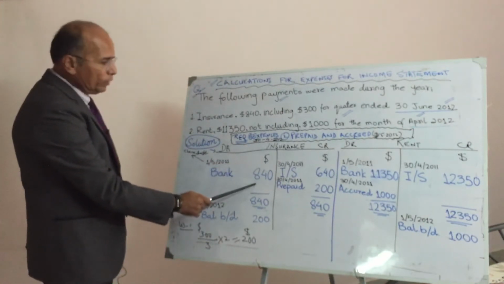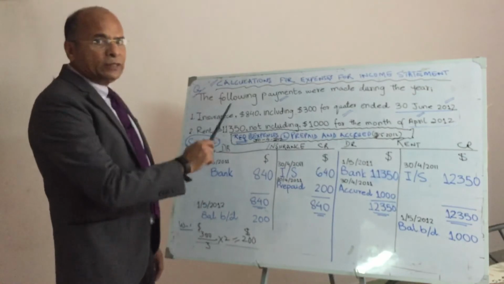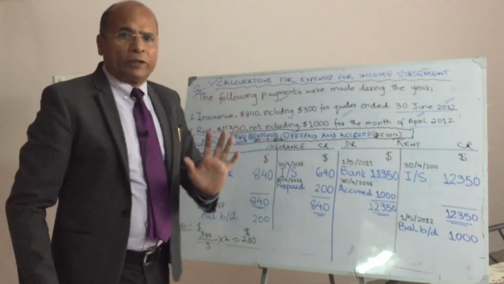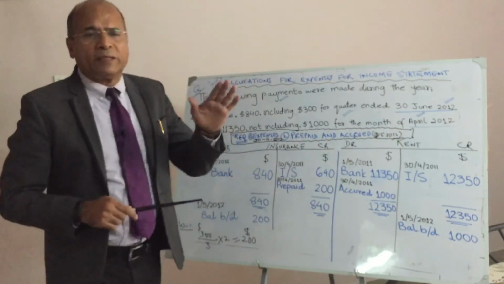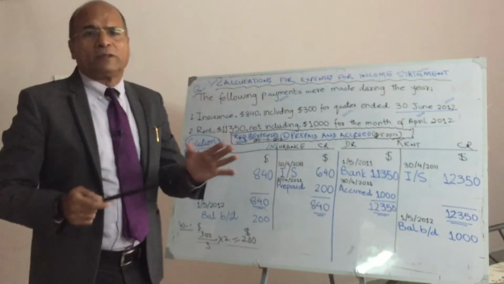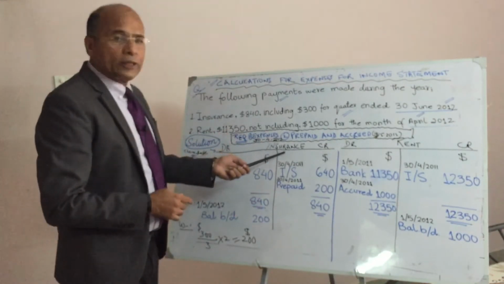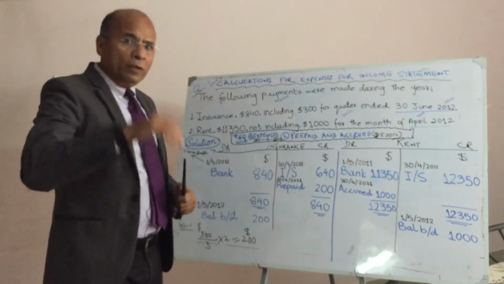You can see insurance account debit, and the reason is bank. It means cash book. In the cash book I have credited the amount of 840. Double entry is complete. What items are involved? Insurance and cash, insurance and bank, I mean cheque. What is their type? Insurance is an expense, bank is an asset. Bank asset is going down, bank credit.